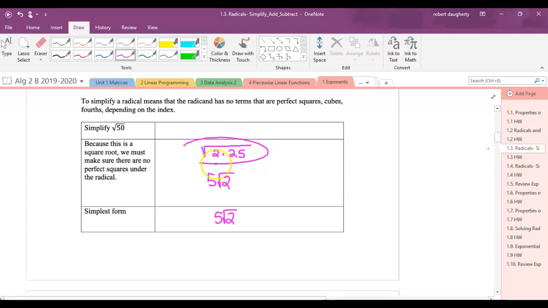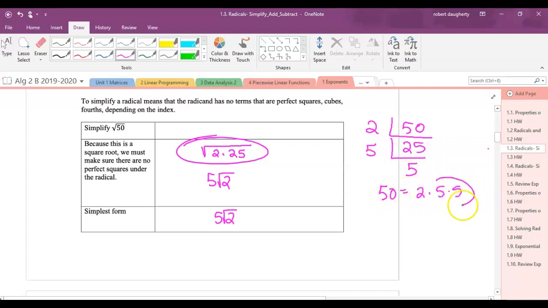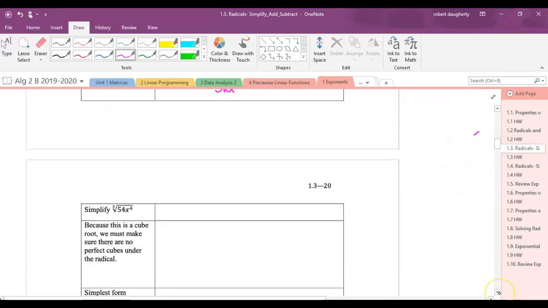Now, if you didn't automatically go to this, what you need to do is you need to have a process. I know that 50 is an even number. I can divide it by 2, okay? 25 is not even. I can't divide it by 2. I can't divide it by 3 or 4. I can divide that by 5. So I know that 50 can be written as 2 times 5 times 5. That's where my perfect square comes in. So the square root of 5 times 5 is going to be 5. So you need to get in the habit of being able to break down any of these large numbers